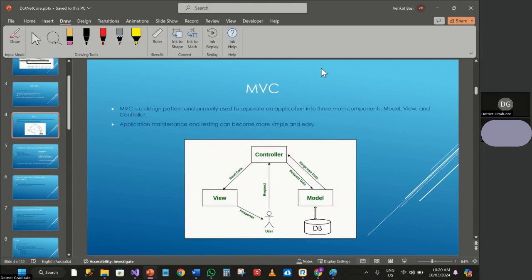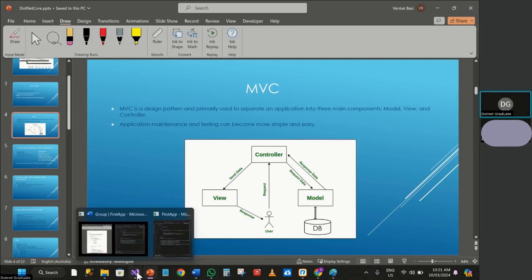Now let me tell you some of the concepts about MVC. So when it comes to normal ASP.NET, ASP.NET is